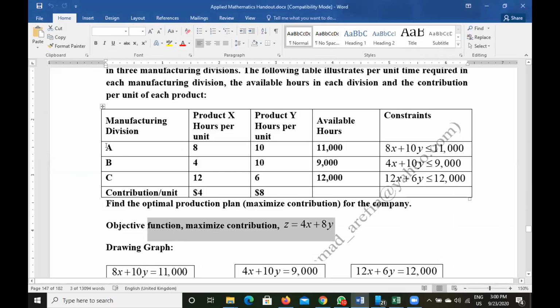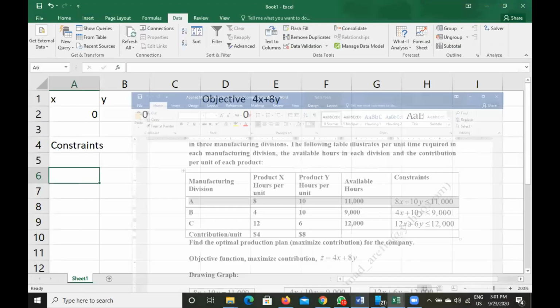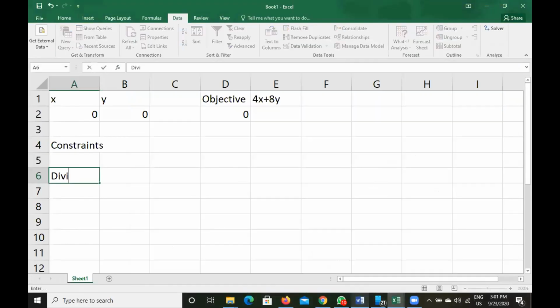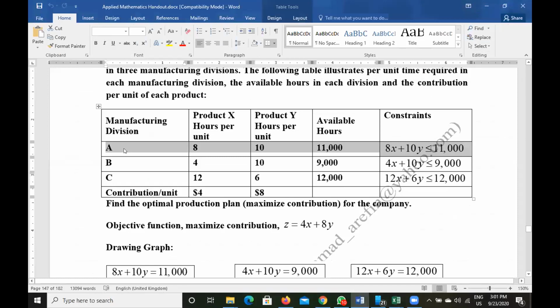The name of the first constraint is division A. And the formula of the first constraint, division A, is 8x plus 10y.